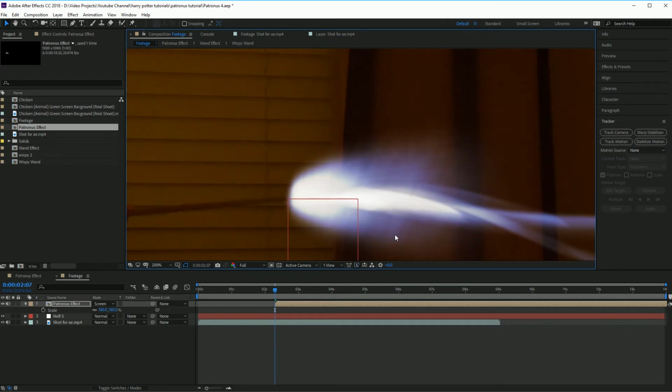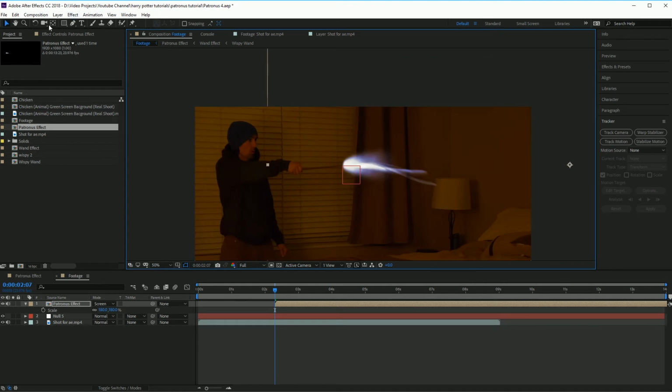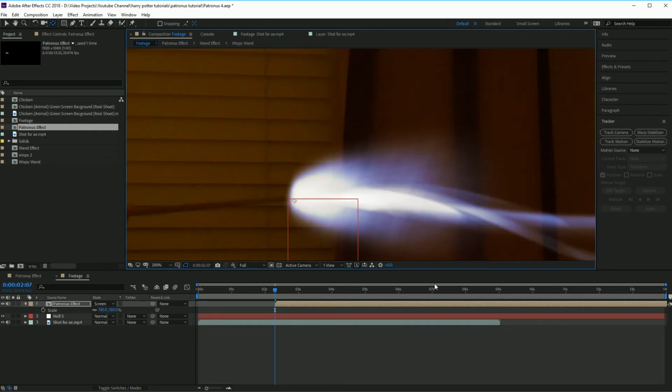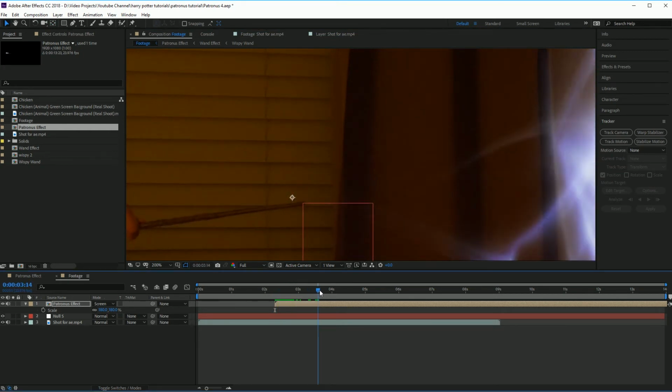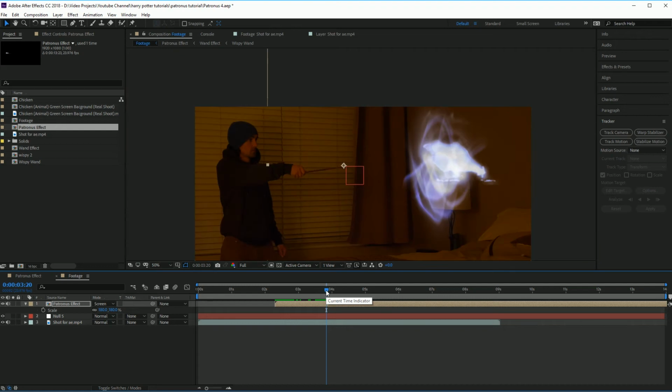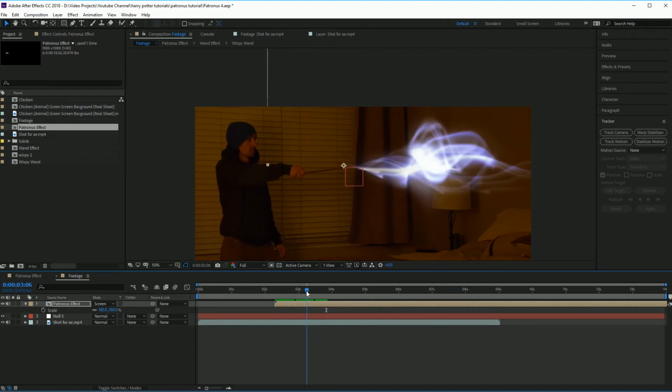And the first thing we're going to do is take the anchor point, because I want it to maintain pretty much the same spot as it grows. So we're going to go to our pan behind anchor point tool, and we're going to bring that to the origination point of the effect. Now that that is there, you can go back and figure out